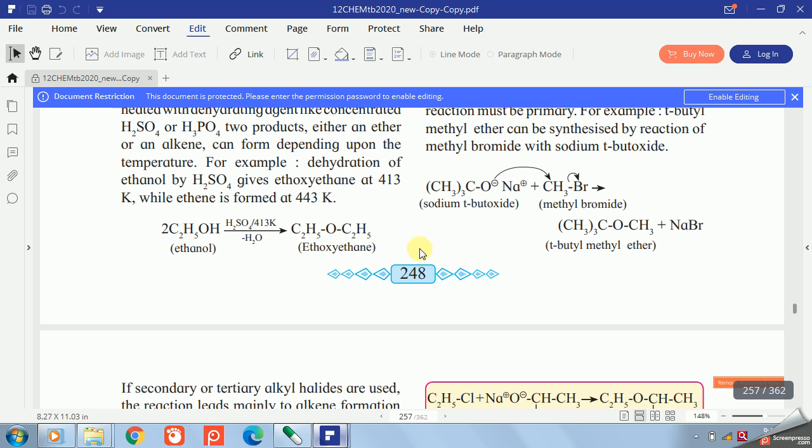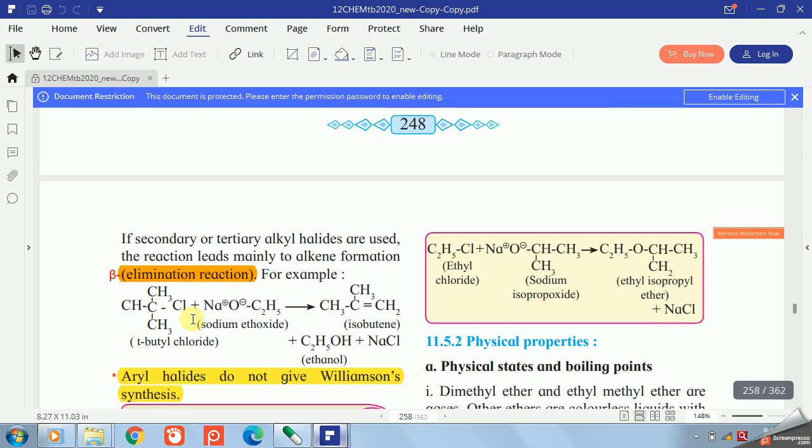So now check, in the previous case your lower group, the primary group, is the alkyl halide, and if you take sodium tertiary butoxide, meaning the higher alkyl group, secondary or tertiary, is in the alkoxide, then we get ether. But if we exchange these groups, or if we take this tertiary group in the alkyl halide, let us see, tertiary butyl chloride, and the smaller group as alkoxide like sodium methoxide, then we can't get ether.